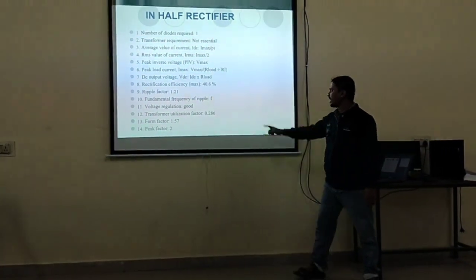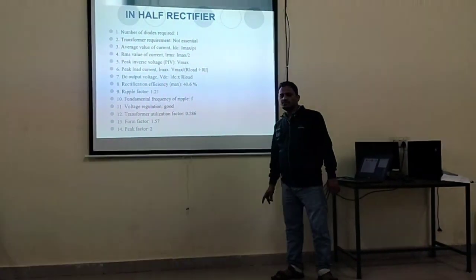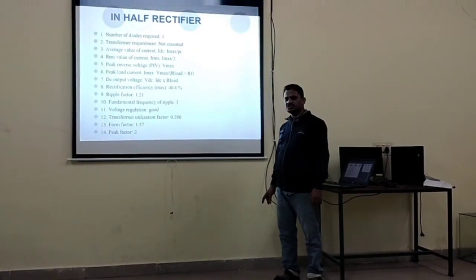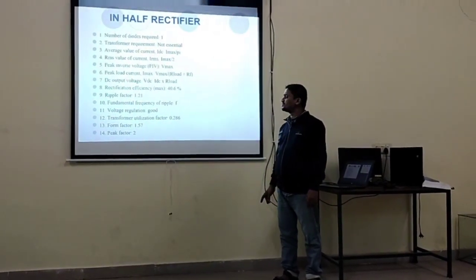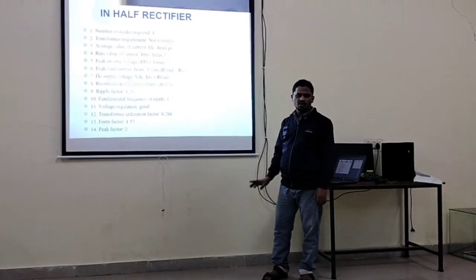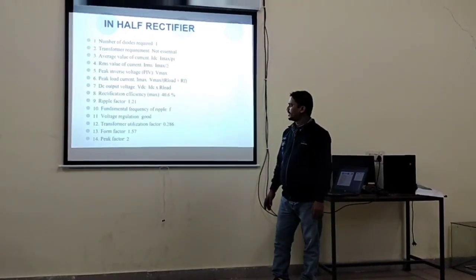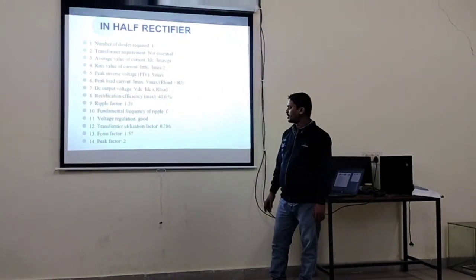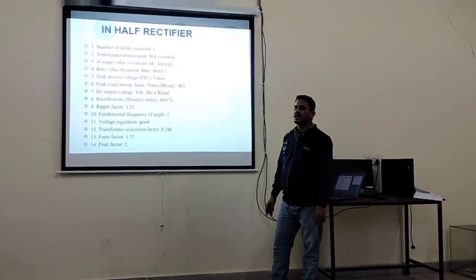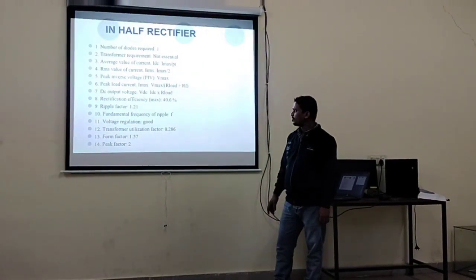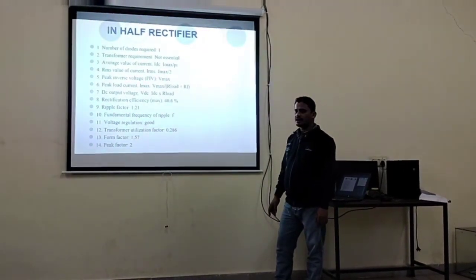What is Rf plus RL? Diode resistance plus load resistance. Rf is the diode internal resistance, RL is the load resistance; the diode PN junction and the load are connected in series. So the maximum output current equals Vmax divided by RL, the load resistance, plus Rf, the forward resistance.